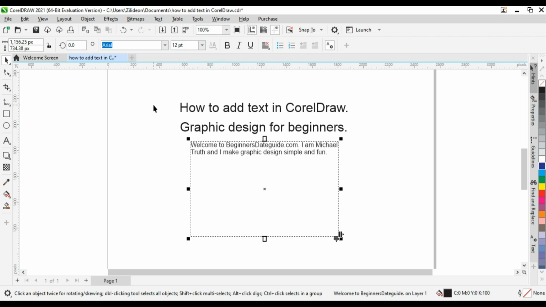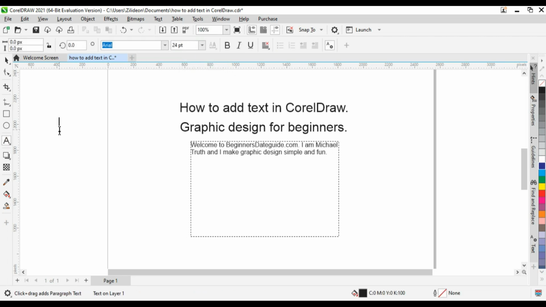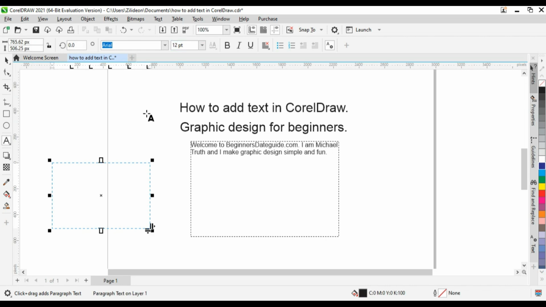There is a reason behind this. When I click on my text tool and I click here, you notice that this has become 24 automatically, and also Arial. But what about if I draw a text box? You notice that this has changed to 12. This is because CorelDraw assumes that I'll be entering a lot of text, and